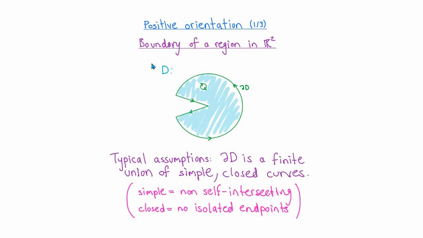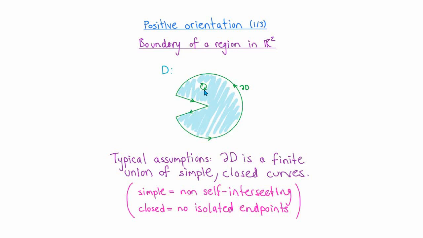Okay, so what does it mean for the boundary of a region in R2 to be positively oriented? It's not just as simple as saying that we want to go clockwise or counterclockwise around the curve. In order for the boundary to be positively oriented, it has to have the property that as you're walking in the direction of the orientation, your left hand is pointing in towards the surface. Practically, what that means is that if you're on a piece of the boundary which is on the outside of the region, the orientation is counterclockwise.